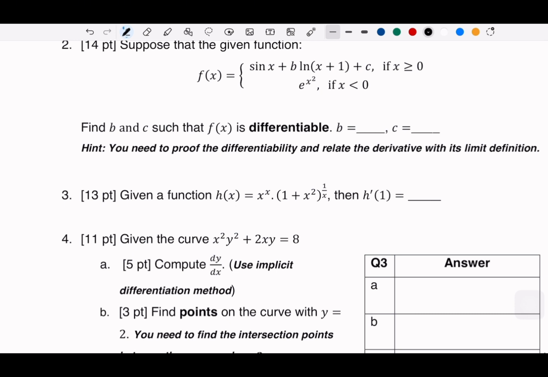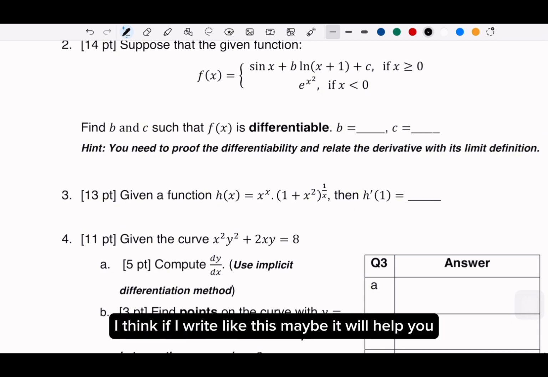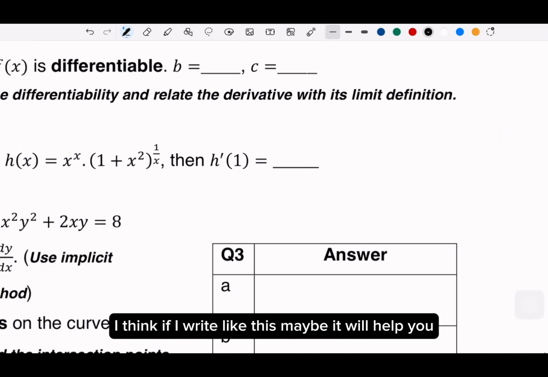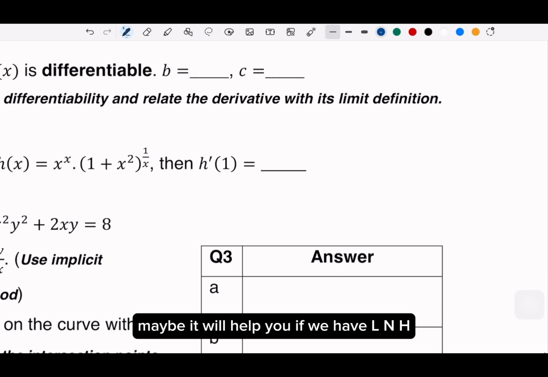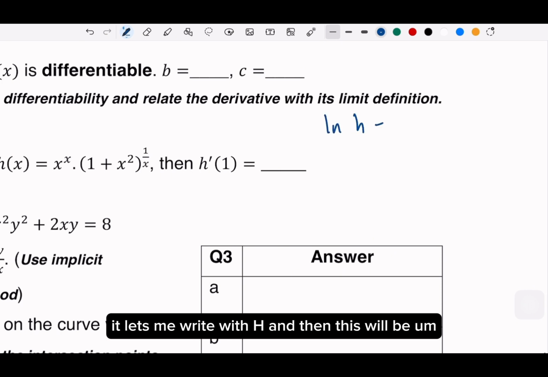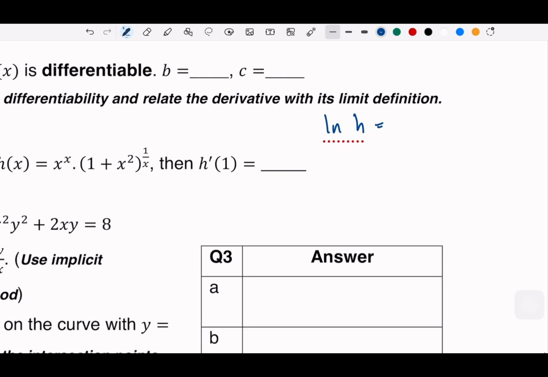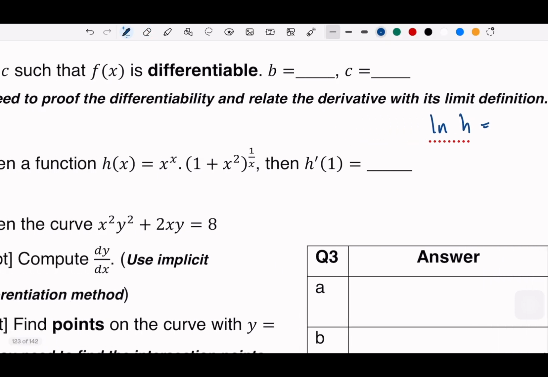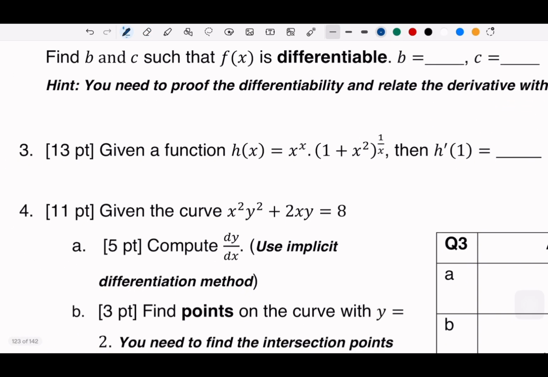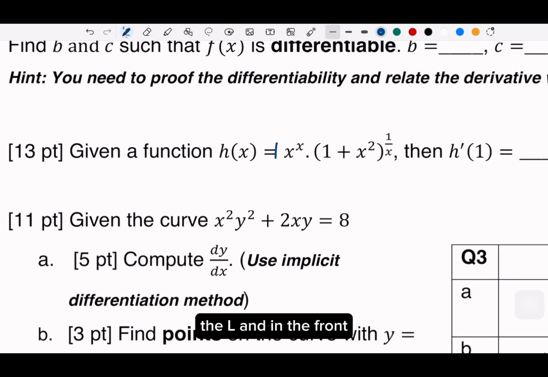In that case, we can change whether y is equal to. But I think if I write like this, maybe it will help you. If we have ln h, okay, let me write with h, and then this will be 1 over x, right? Or maybe let me write here. So since we have the ln in the front,